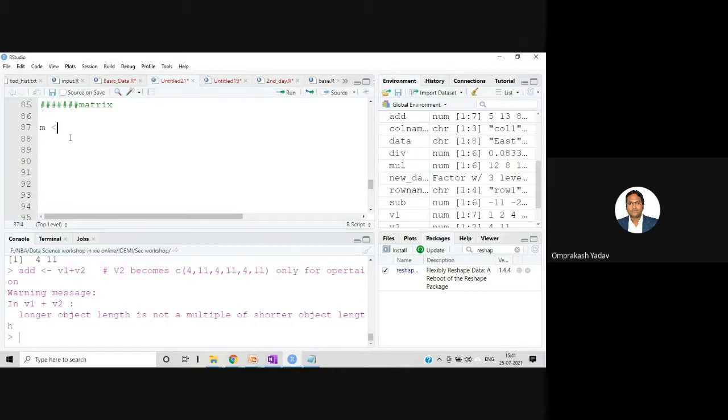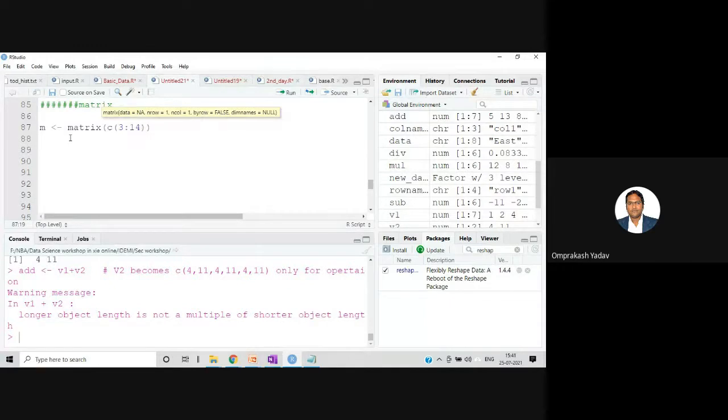Let's say I want to create a matrix, and I'm creating it in the variable m. There is a function, matrix itself. We can use this function, and here we can create the matrix with the help of the c function, the combine function. Let's say I'm mentioning the values 3 to 14.